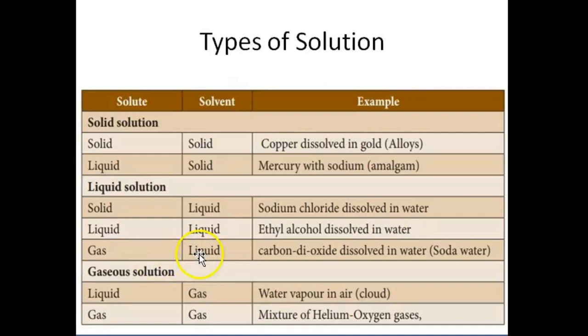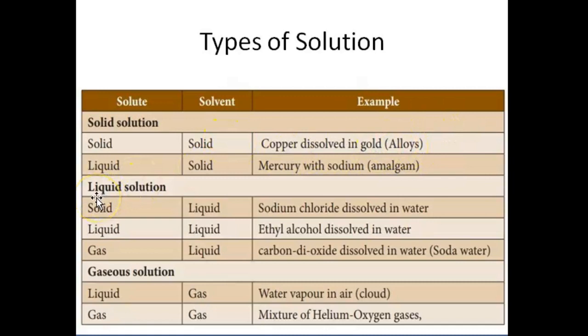So basically, on the basis of solid, liquid and gases, we have different combinations where we have different categorization of the solution. If we say solid solution, here the solute is solid and the solvent is solid. When we say liquid and solid, it is known as amalgam. When we say solid and solid, it is known as alloys.